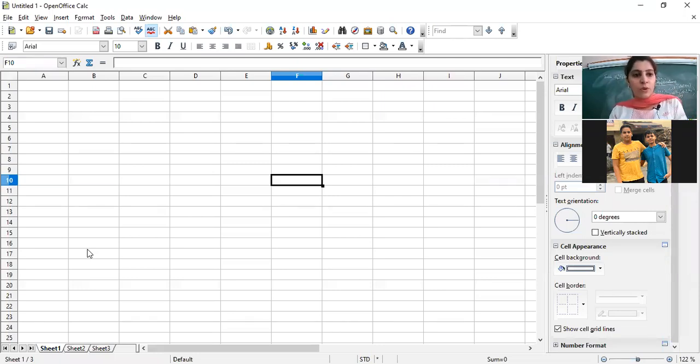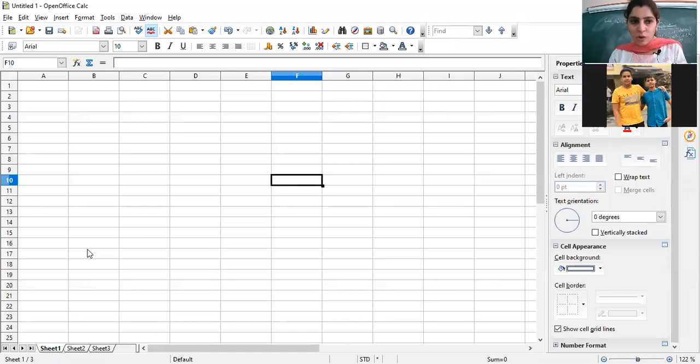And for creating a new one, again three methods: Control plus N, the New button on the standard toolbar, or the New option on the File menu. Clear, bachche? Okay, let me proceed further now.